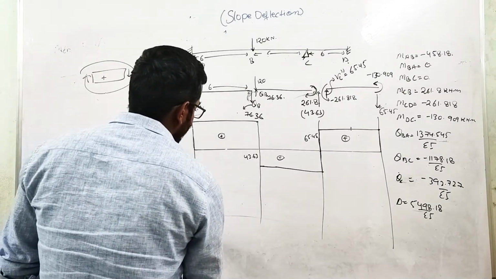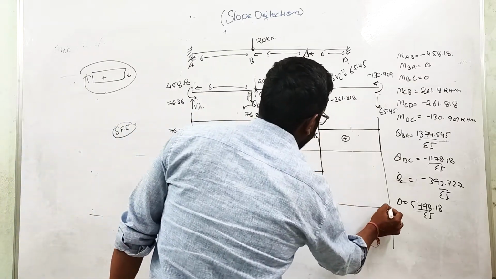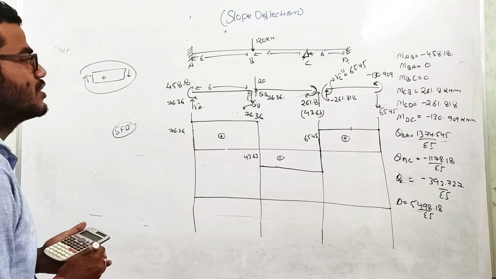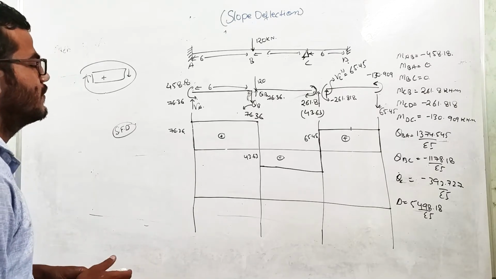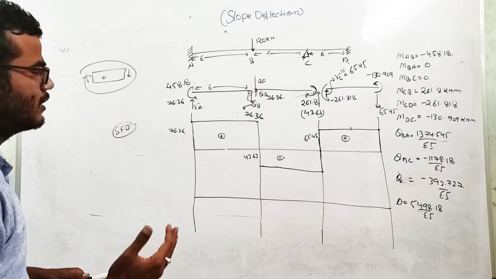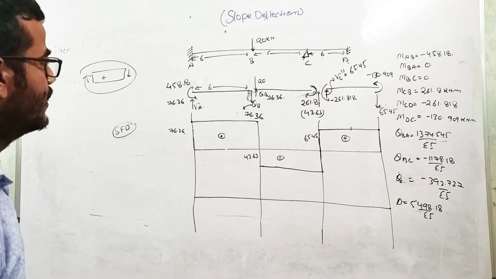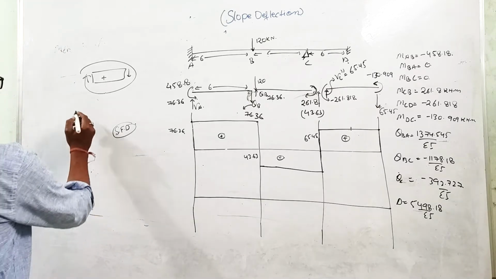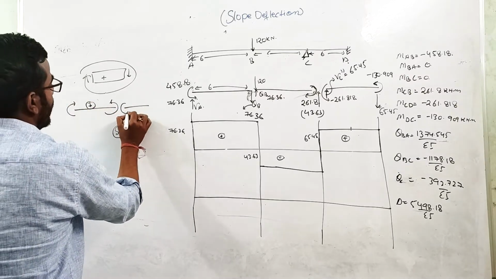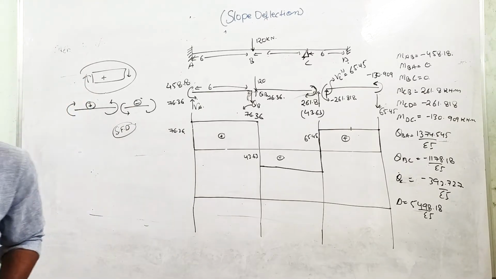Now let us draw the bending moment diagram. I'm not using the concept of superposition over here. In the books, generally they give the superposition principle, where they superimpose the bending moments. But we'll draw the proper bending moment diagram for this beam. In the bending moment diagram, sagging is considered positive and hogging is considered negative.